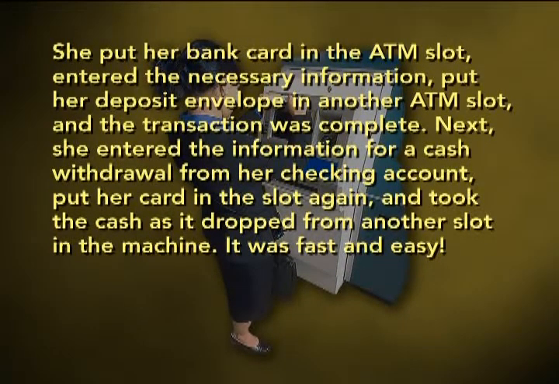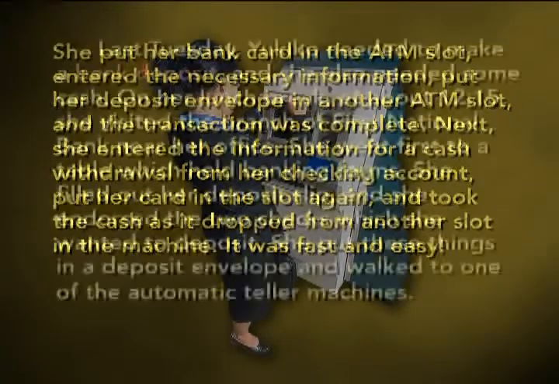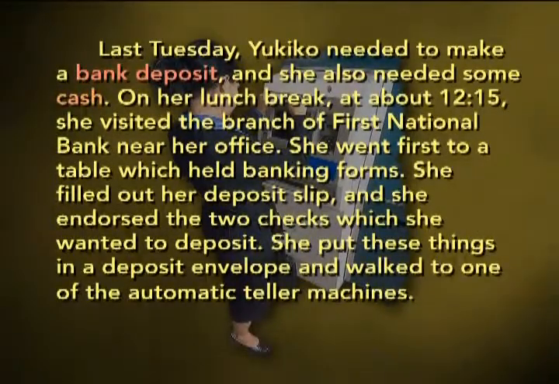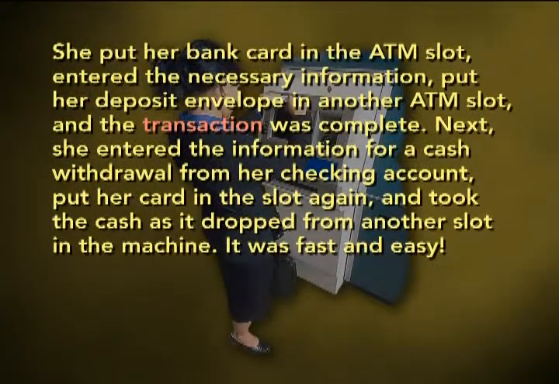Notice, there are a lot of new words in the exercise, right? Bank deposit, cash, money, no doubt, right? Branch is a different location for the bank, not the head office, a different location. Filled out, we often use for complete or right. Slip is another word for form. Endorse is another word for signing. And checks, you know, are those that we write. Automatic teller machine, those are the machines. And transaction is the job to be done.